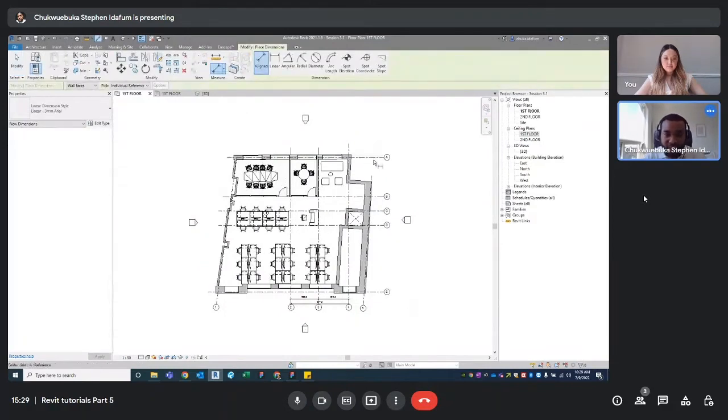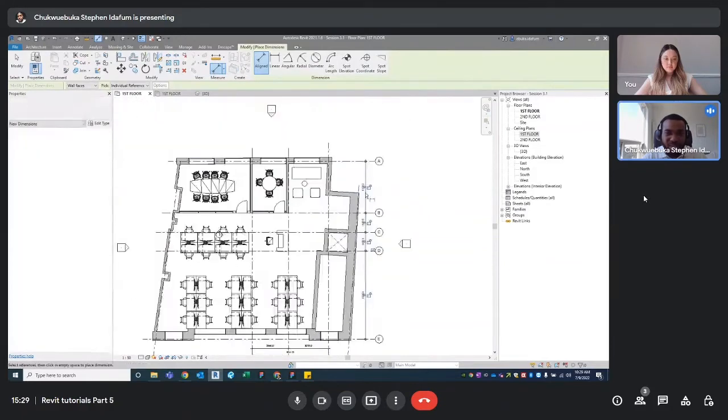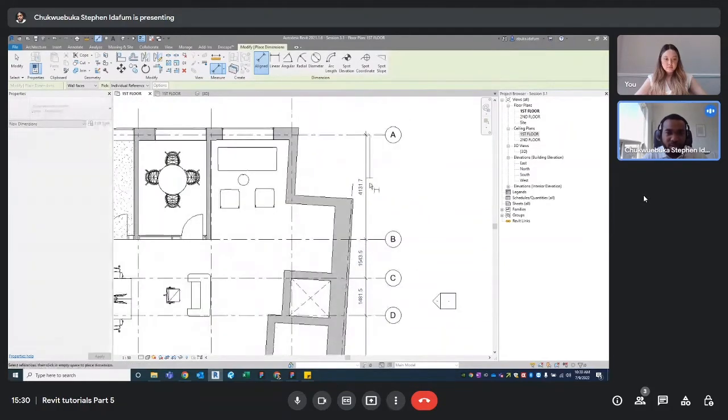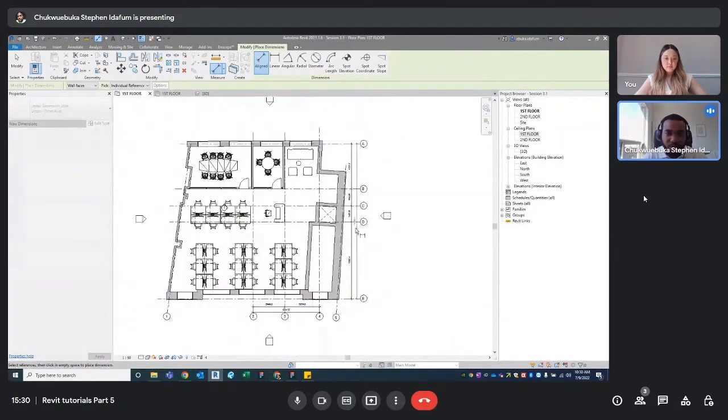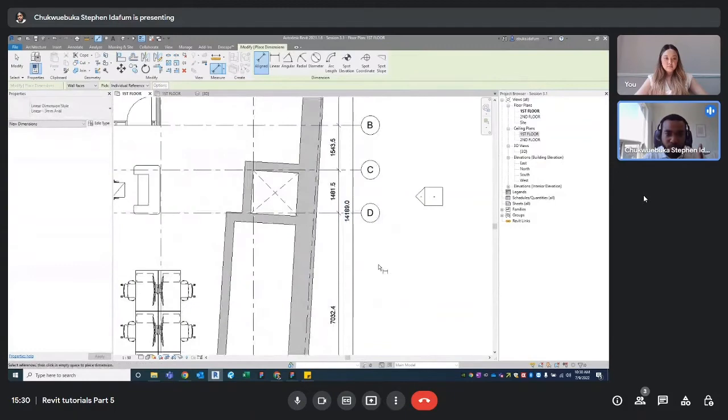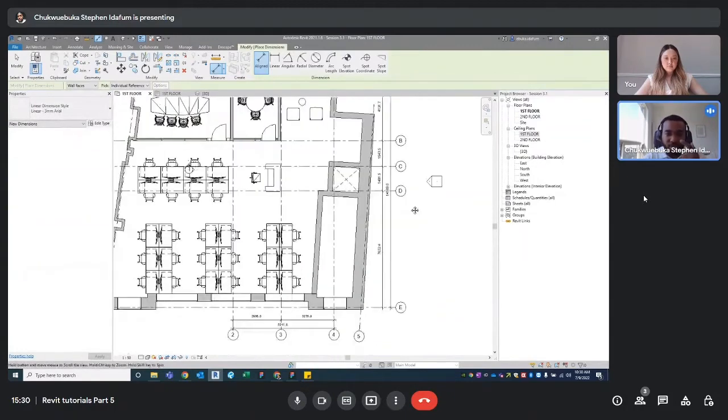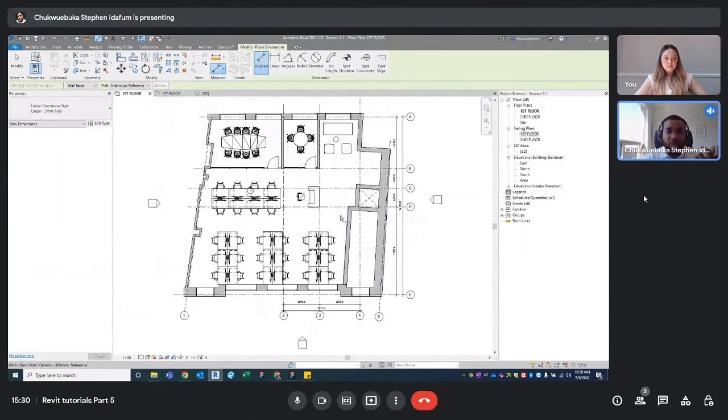So DI again. And I'm just clicking at each dimension. And again, all these things can change based on your scale, and this is the outer one that goes from here all the way to here, so you know the whole extent of your building. So grids are important, dimensions are important. For example, if